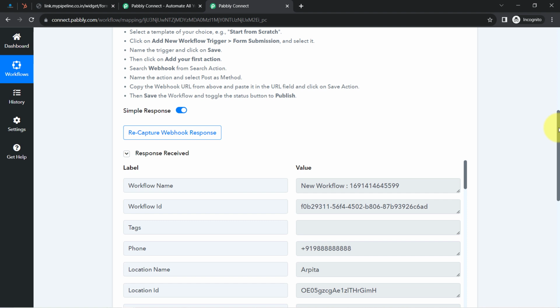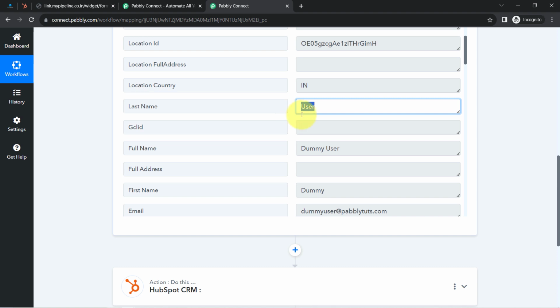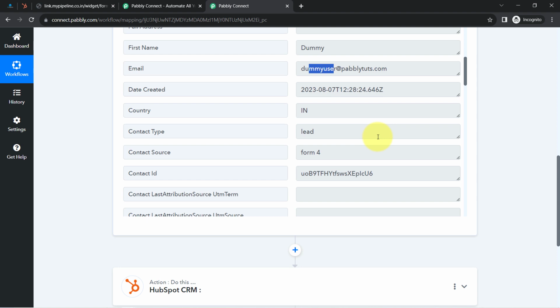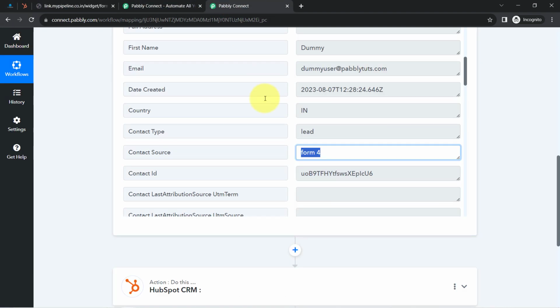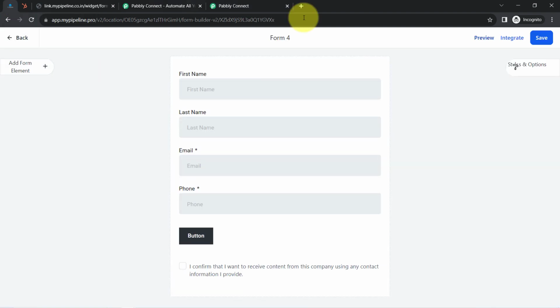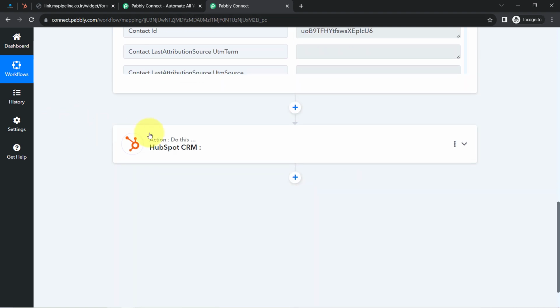Let me even show you the same form submission data. Here we have the same phone number, here we have the last name, the full name, the first name and email address. The presence of this data clearly shows that the connection between MyPipeline and Pabbly Connect is working absolutely fine. Now onwards, if you embed this particular form on your website as a contact form, whenever someone contacts you by filling out this form, the details of that person will be captured here in Pabbly Connect, and now we can easily send the person's data to a different application or maybe to the